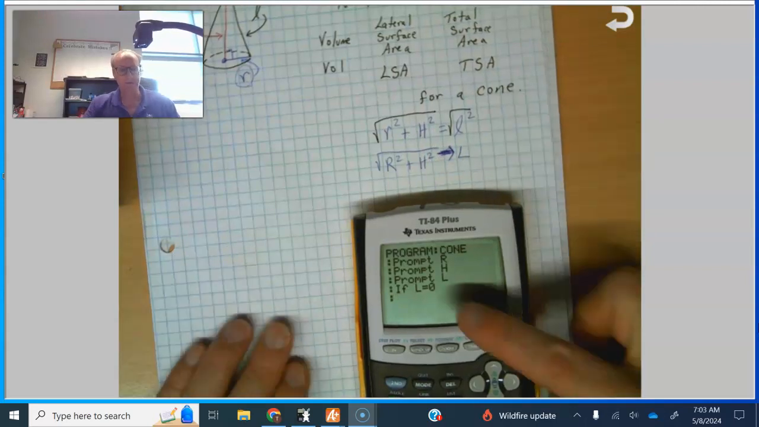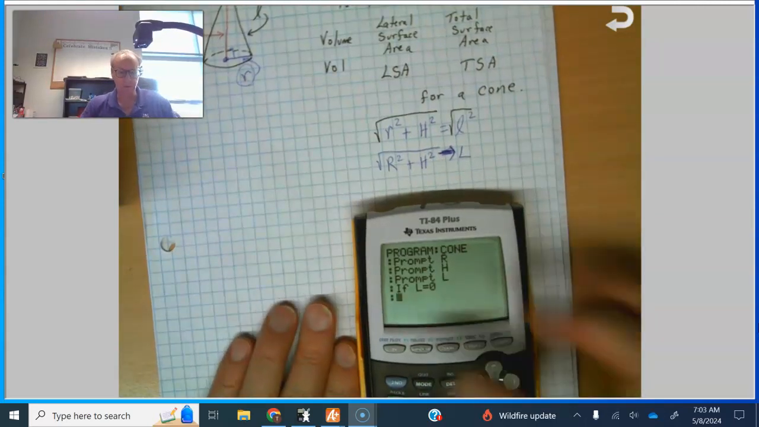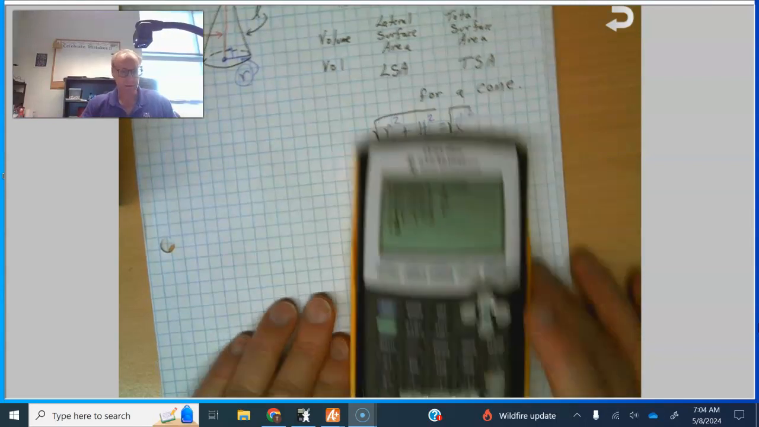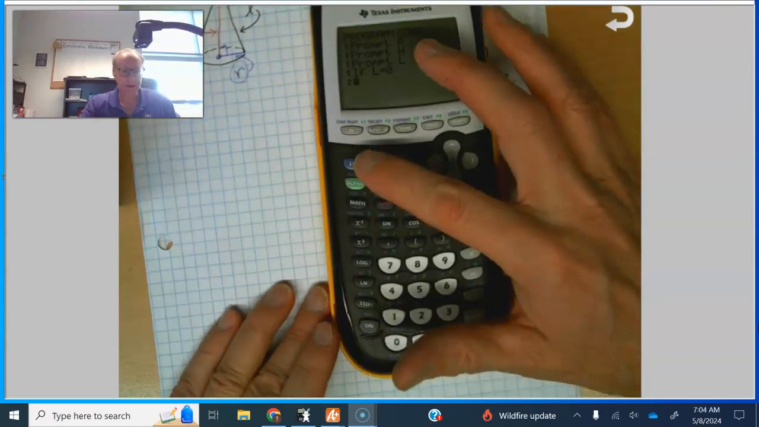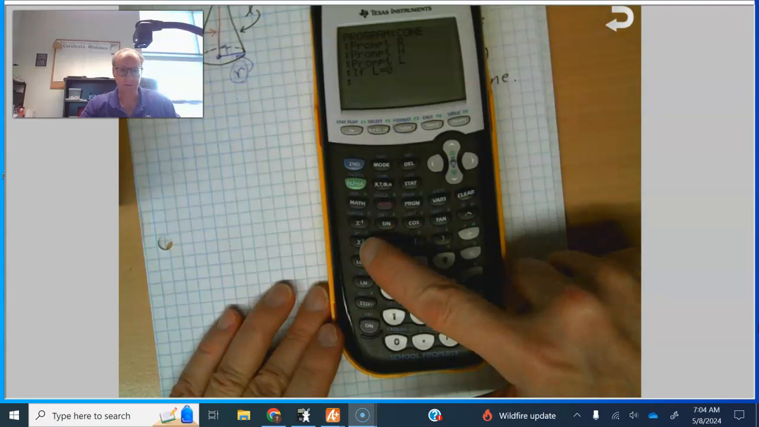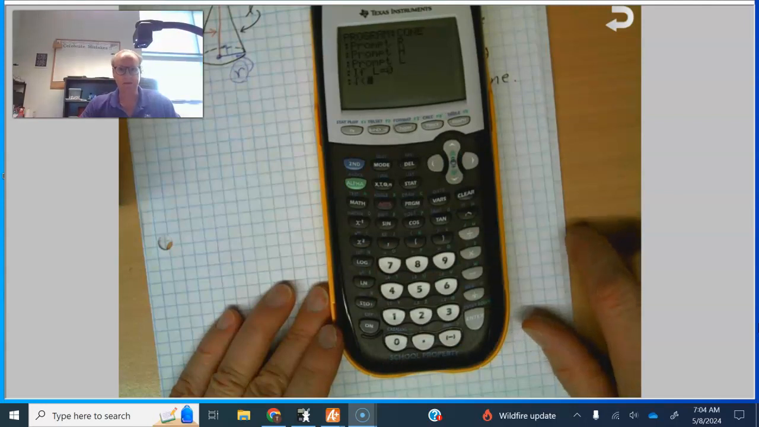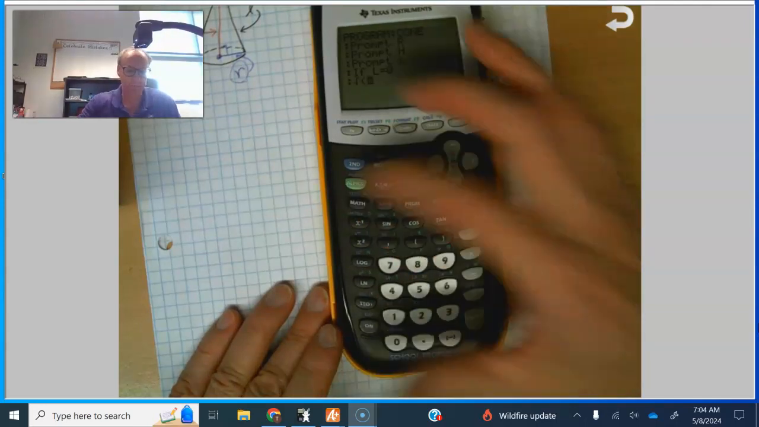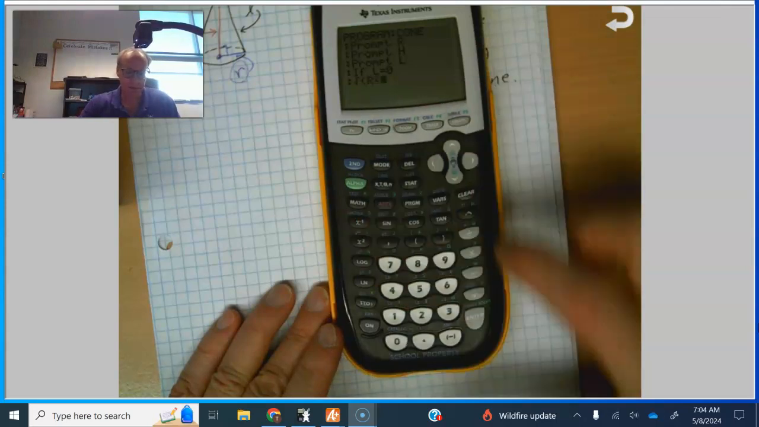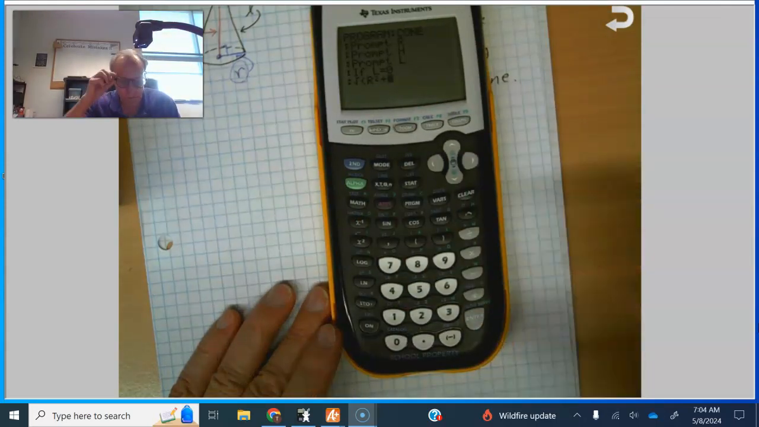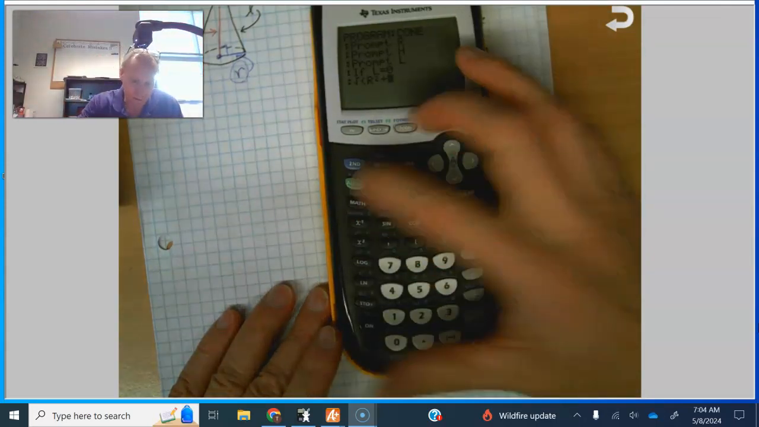So if L is missing, then I'm going to take the square root, and I'll show you where it is, it's second x squared. See it right there? It's the square root key. Second square root. Now inside my parentheses, I'm going to take r squared plus h squared,